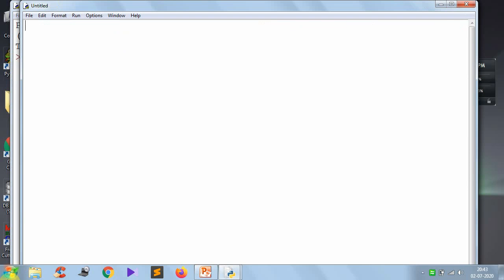Whenever you are writing a Python program and want to use the matplotlib library, you have to keep one mandatory statement in every Python program. That statement is import matplotlib.pyplot as p. Here I am giving a dummy name, p, which is also called the alias name. So instead of writing matplotlib.pyplot every time, I can use p instead of writing the whole thing.